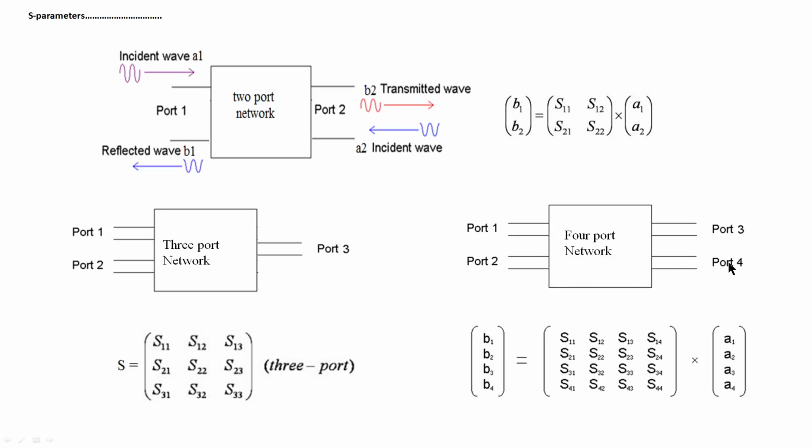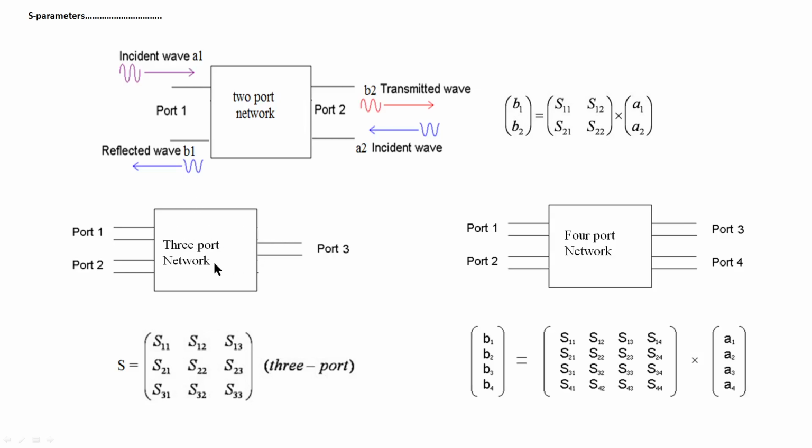Like a mixer, you studied a mixer circuit. A mixer is a 3-port network: local oscillator, RF input and output. I don't know whether you studied the mixer circuit or not. A mixer circuit is a 3-port network, 2 inputs, 1 output. And this is some other device. It has 4 ports: 1, 2, 3, 4. So a network may have any number of ports, not only 2.